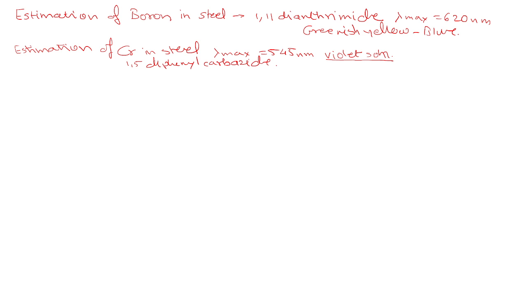You need a 0.2% solution of this coloring reagent, then standard chromium solution, then 0.02 molar potassium permanganate, and sodium azide solution, which is 0.2% weight by volume. See, the procedure for every estimation is different, because how to bring about the coloration of the required analyte is important. Otherwise the method is same. You have to prepare the standard as well as unknown solution, plot the calibration curve and estimate it.